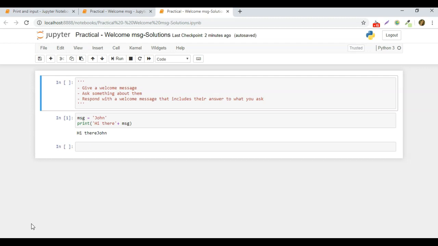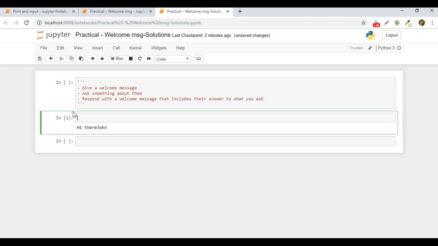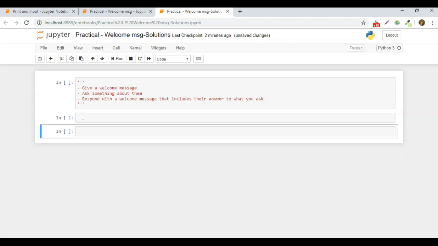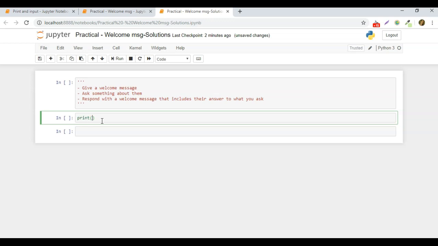Okay, hopefully you had a good go at creating a welcome message that asks them something and then provides a response. So let's go through these one at a time. So first I'm going to provide a welcome message. I'm going to use print, then brackets, and then inside the quotation marks, hi there,